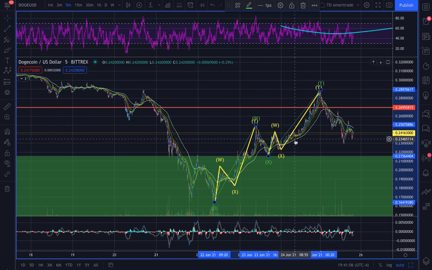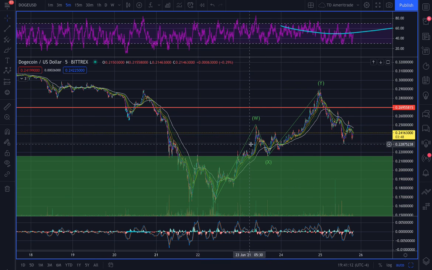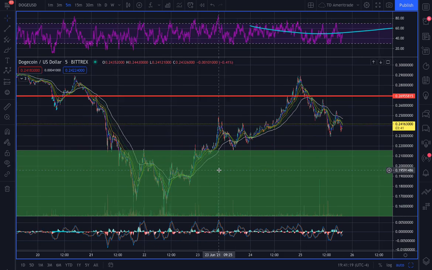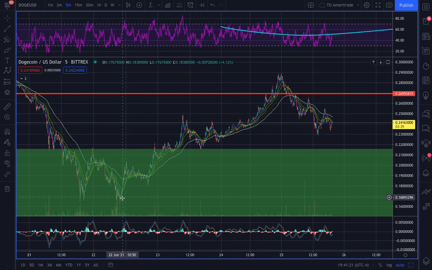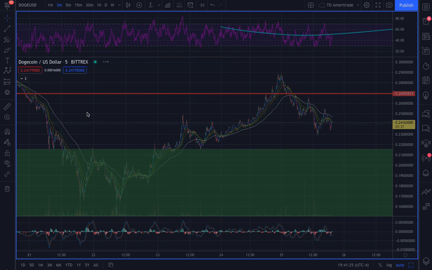Okay, well, I should have made it the other way around. So this looks like some kind of 3 waves up. Although this at first glance looks like 1, 2, 3, 4, 5. But if we zoom in,